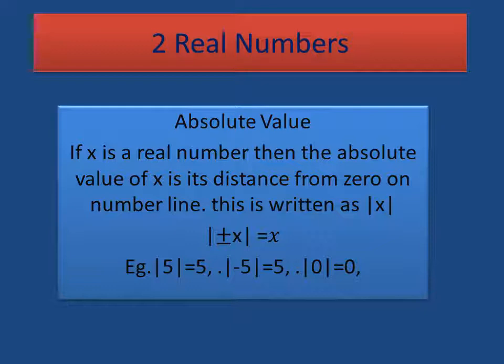And here I have given some examples: mod of pi equal to pi, or absolute value of pi is pi. Similarly, if you take negative pi, the absolute value of negative pi is also pi. And when you take the absolute value of 0, it is 0. Means when you take the absolute value of a positive number, the answer is positive. Absolute value of a negative number is also positive, and absolute value of 0 is 0. Therefore always remember, absolute value is only the related magnitude of that number, no sign there.